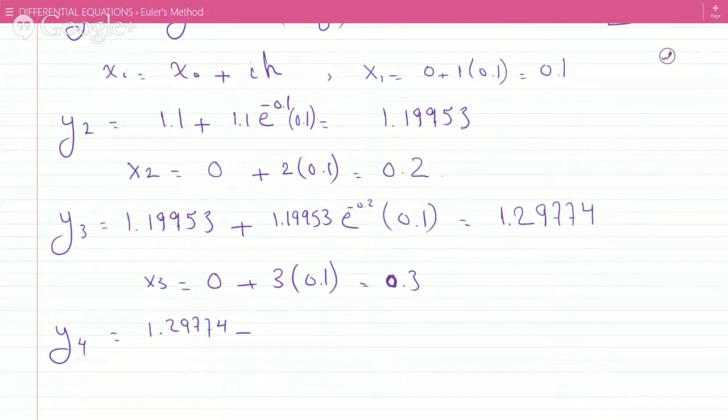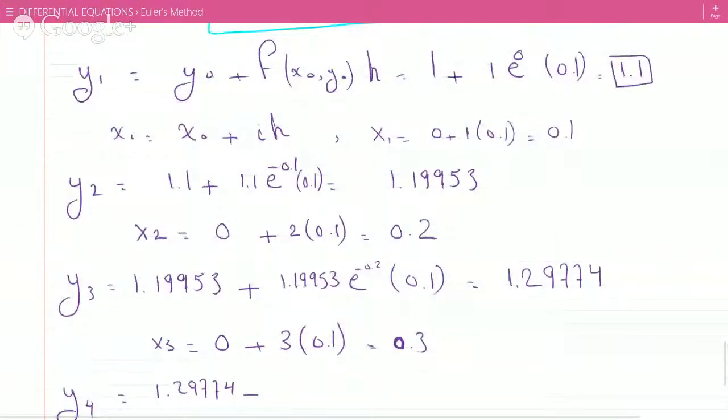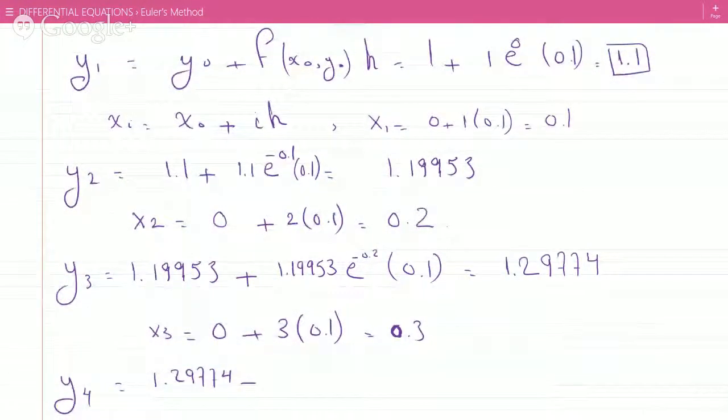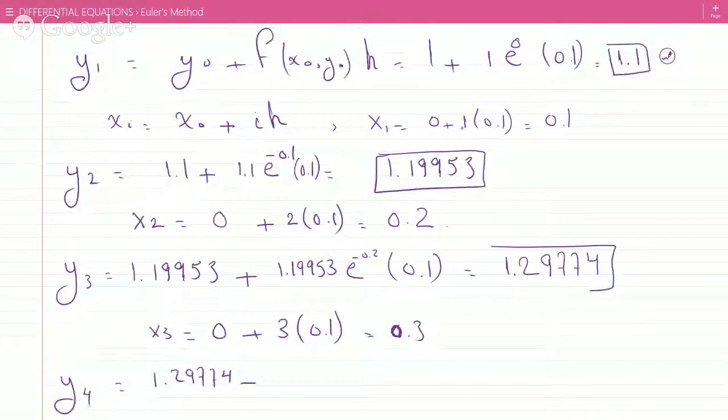Are you stuck somewhere? Do you have a question? What did you get? Are you using your calculator? So I put 0.1 for x2, e to the minus 0.1, times 1.1, right? Plus the 1.1 times the 0. Yep. And then the first y was just 1.1, so the second one is this, the third one is that,